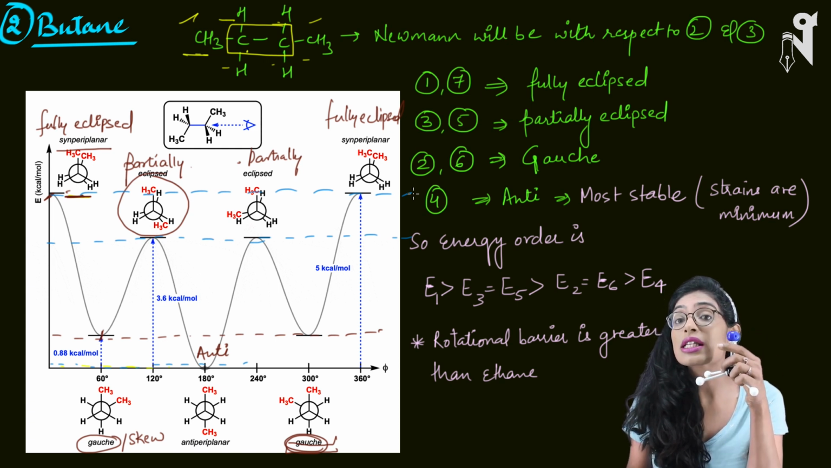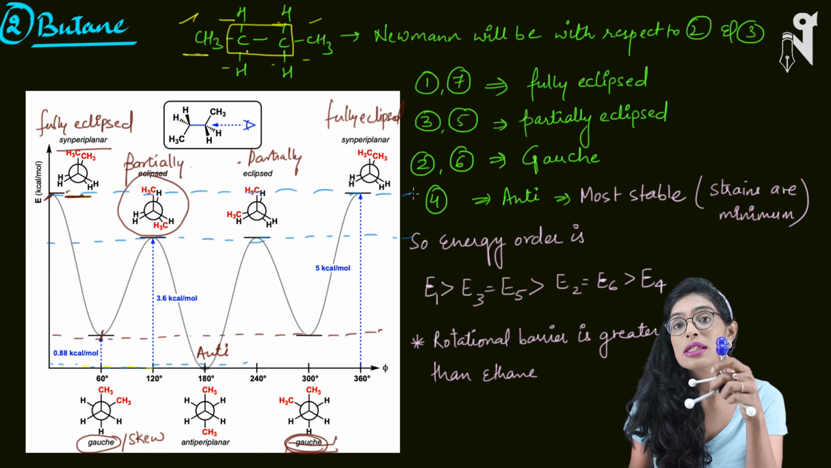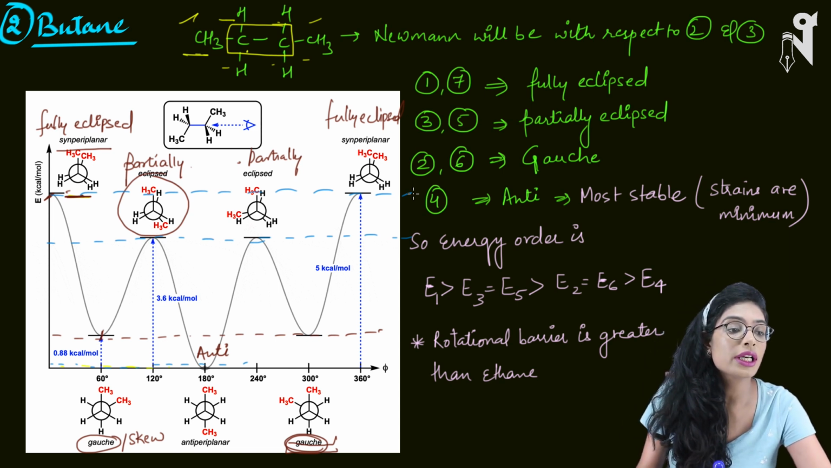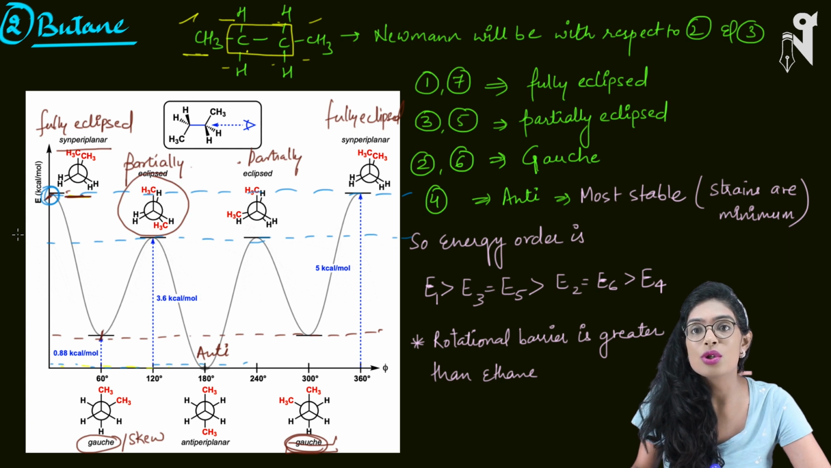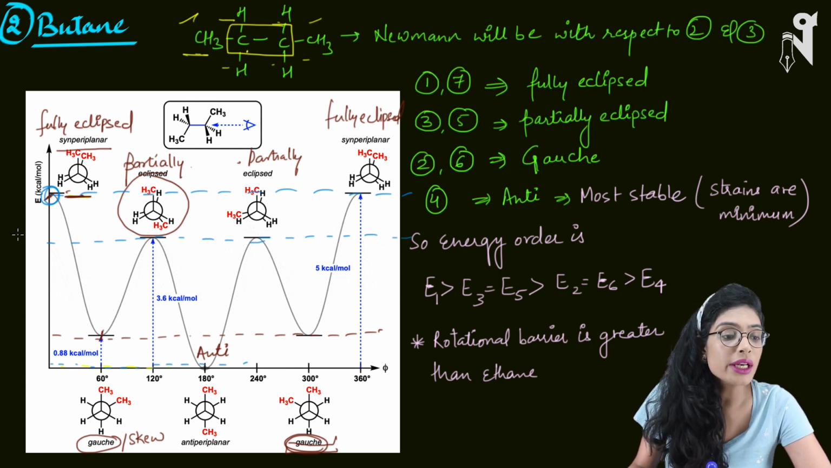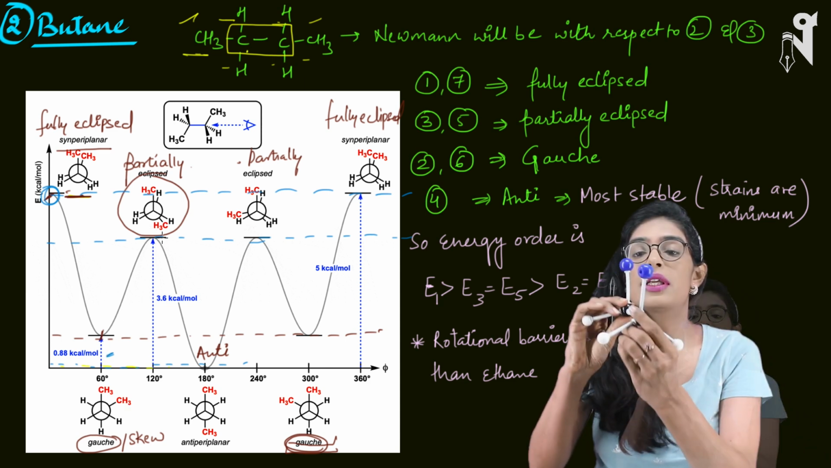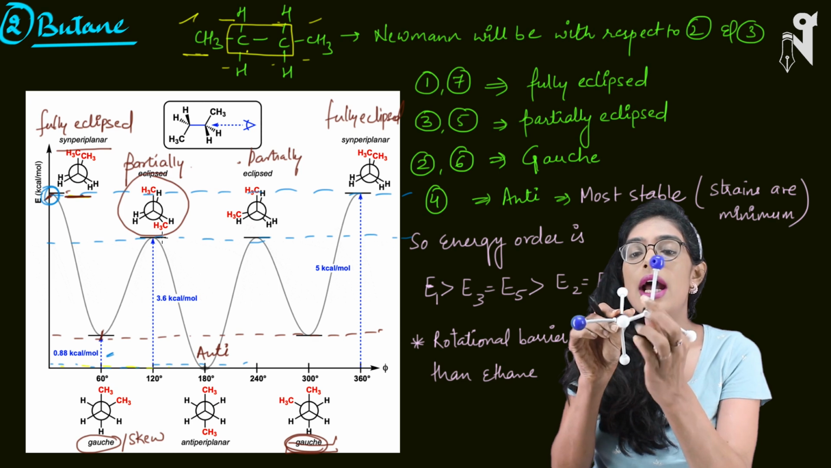So this will have maximum energy and highest instability. So that is the reason why fully eclipsed, you can see as at the topmost position in the case of energy, and it will lose energy and it will form Gauche, right? Then it will gain some amount of energy, and it will form